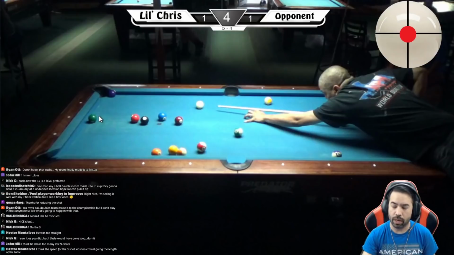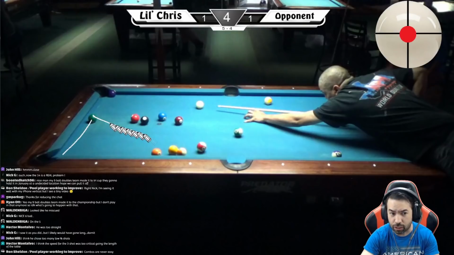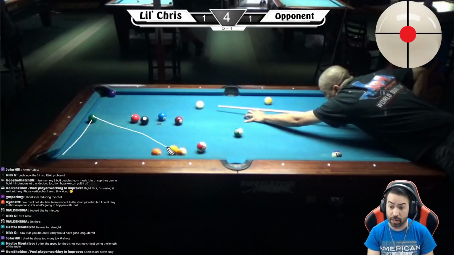So what I would tend to do is make sure that if I play this 4 ball, my cue ball either lands on the rail so that I'm behind the 6. And why do I want to be behind the 6? Because I want to be able to play the 6 ball into the corner pocket and naturally have my cue ball just come over here and break this stuff up. I don't want to just play position on the next ball just so that I can play the ball,